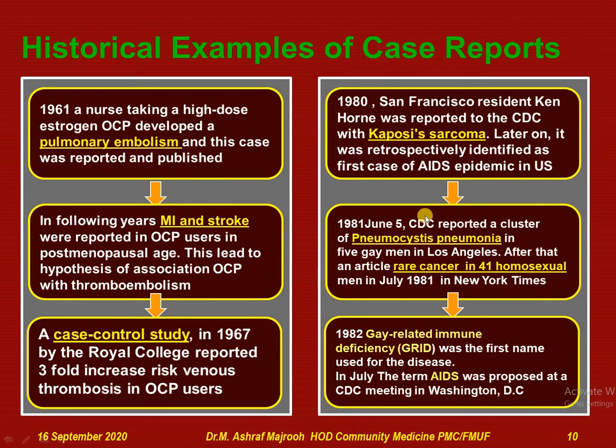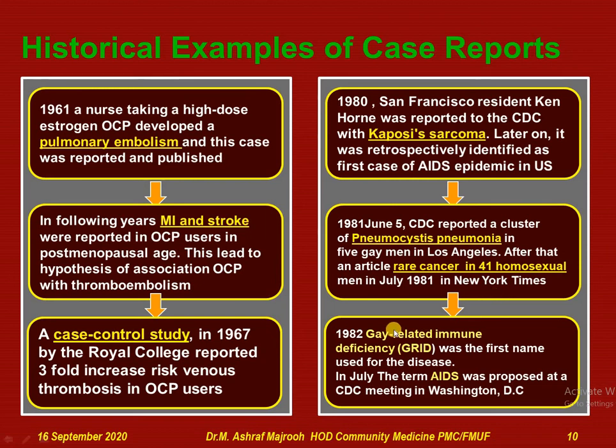The other events related to AIDS were in 1981, when CDC reported a cluster of Pneumocystis carinii pneumonia in 5 gay men in Los Angeles. And after that, an article with the title Rare Cancer in 41 Homosexual Men was published in 1981 in the New York Times. So these were more cases,